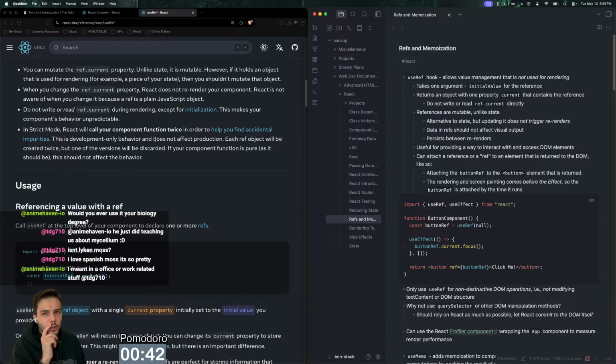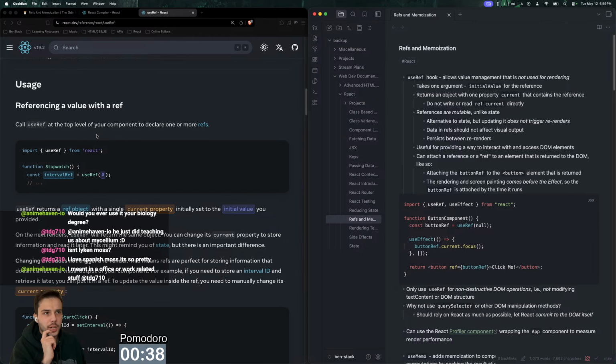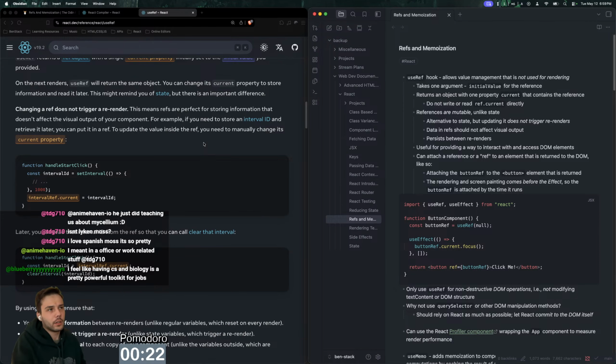Met in an office or work related stuff? Yeah. I was mentioning bioinformatics. It's essentially like biostatistics, but I don't know. It's very hard to get work in that kind of area. It is a pretty powerful toolkit for jobs. It is, but for very niche jobs, blueberries, it's very hard to find